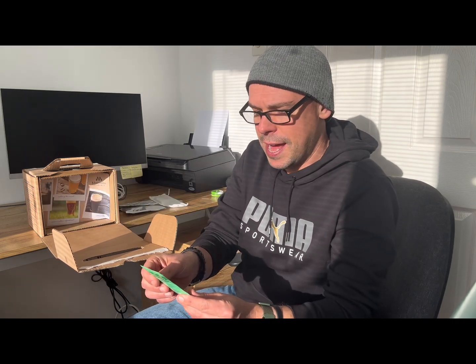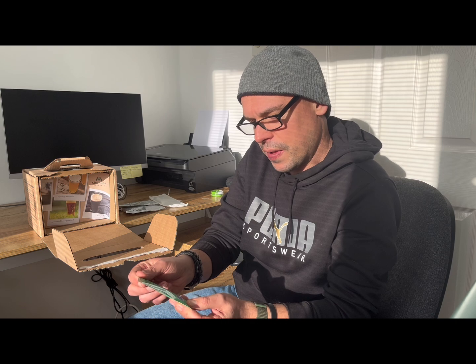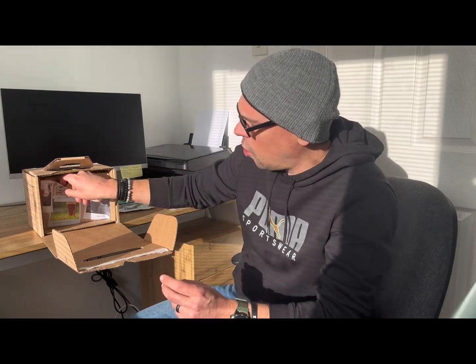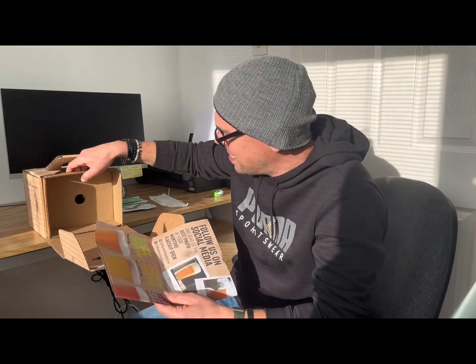And we've got K97 safale yeast. How much of that is there? We've got 11.5 grams of that stuff. There we go, we've got our all important instructions. And then behind that we have...